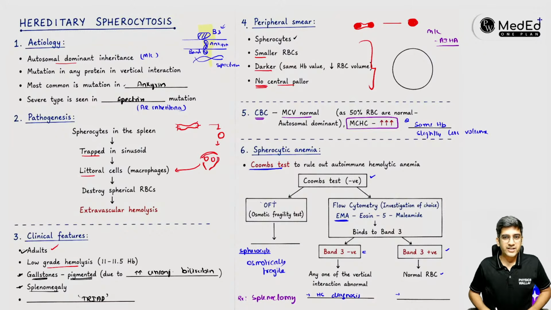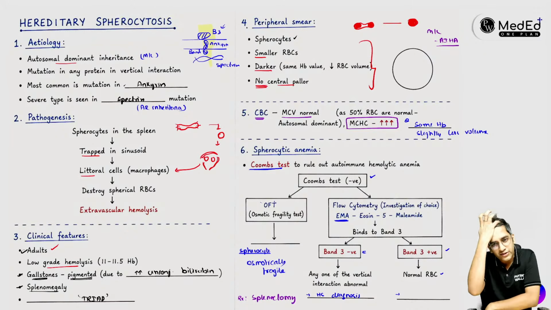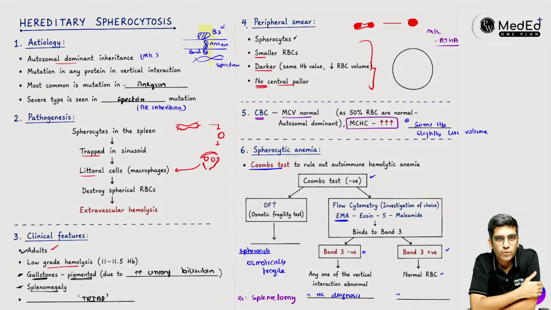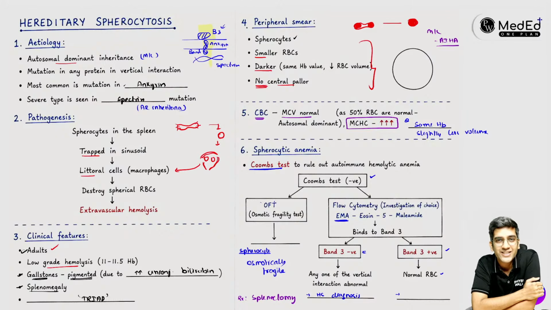Before going to the second disease, I'm going to ask you a few questions. I want you guys to answer. Let's see how many of you get the right answer. The next disease I'm going to talk about is G6PD deficiency. Can anyone tell me the inheritance? Simple questions. You guys will definitely know. Don't be shy. If it's wrong, it's wrong. Doesn't matter. Inheritance is X-linked recessive.